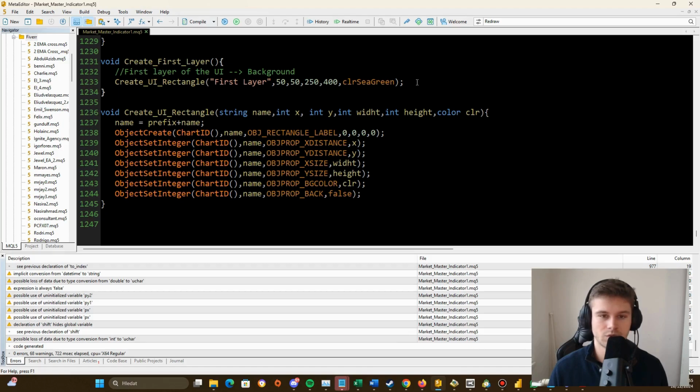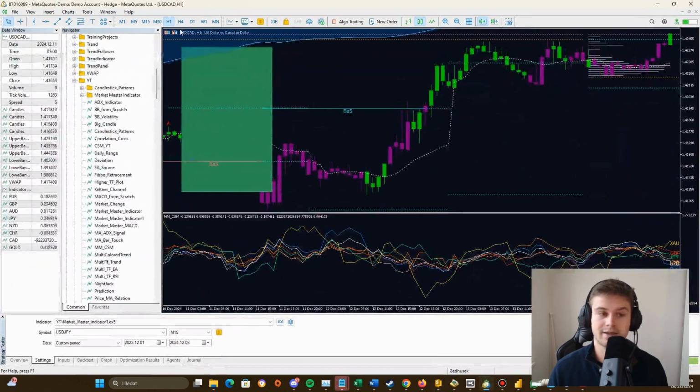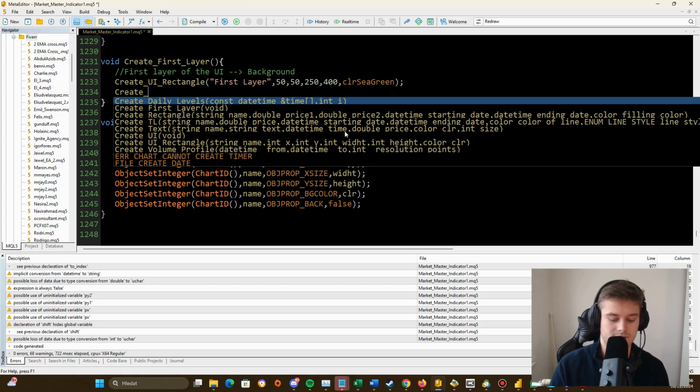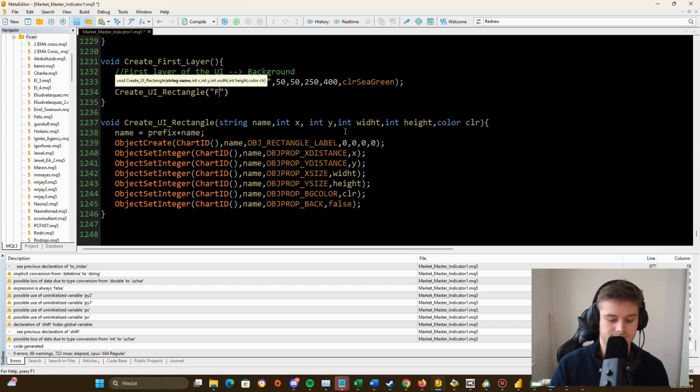I think my only option here is to use one very simple trick, and I will show you. Now I, for example, want to create a border surrounding this dashboard. So how to do this? I obviously have to create lines that go alongside the border of the rectangle. So I will do something like this. So create UI rectangle border 1, axis 50